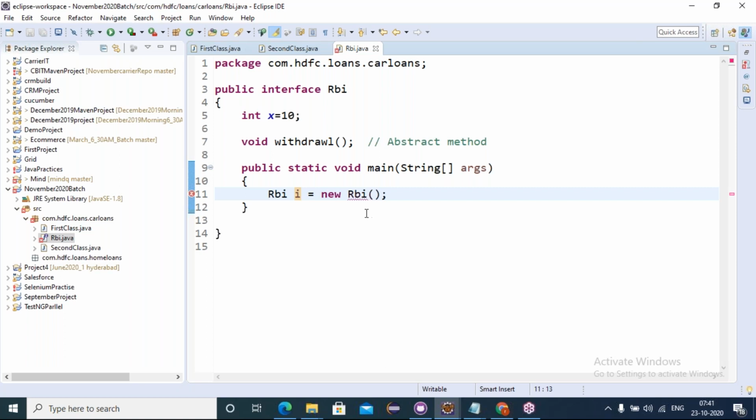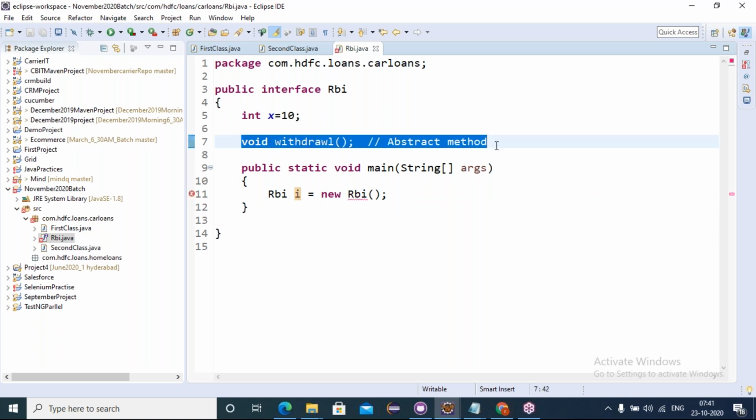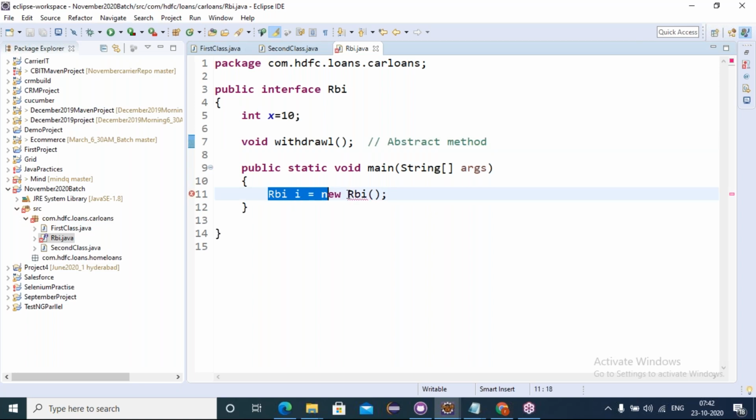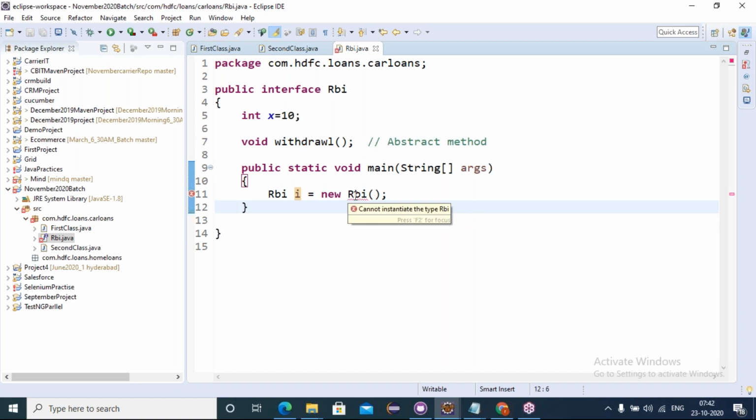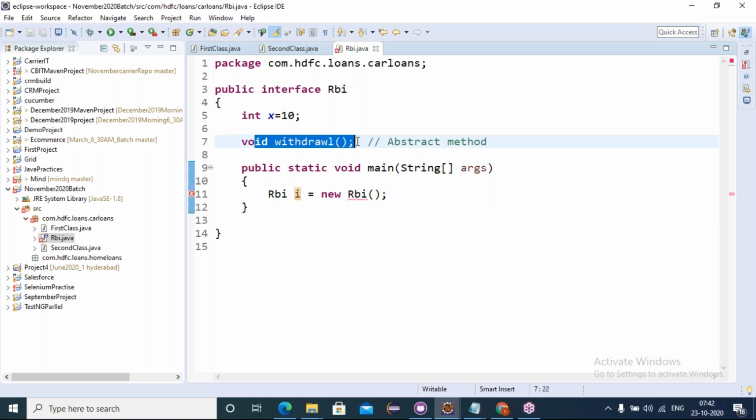Going into one variable of type RBI. Friends, is it allowing to create an object for interfaces? No, friends. If we don't have any implementation for the interface's abstract methods, what is the meaning of creating an object? What is the meaning of accessing them? There is no meaning, right? So for interfaces, we cannot create an object. See, the error is saying that we cannot instantiate the RBI. We cannot fix it, no use. Without any implementation, what is the meaning of accessing? So we cannot.